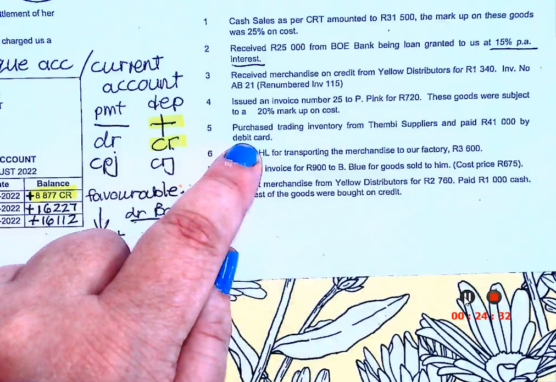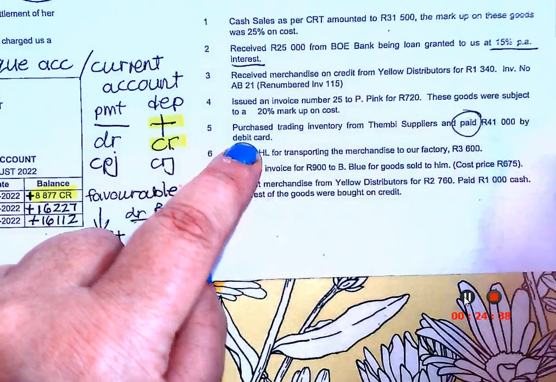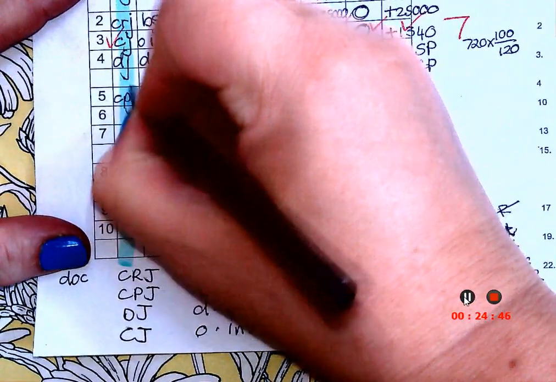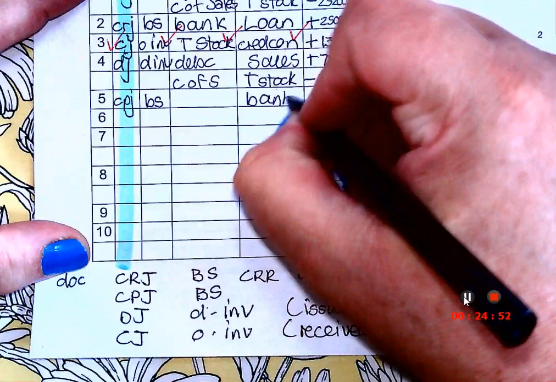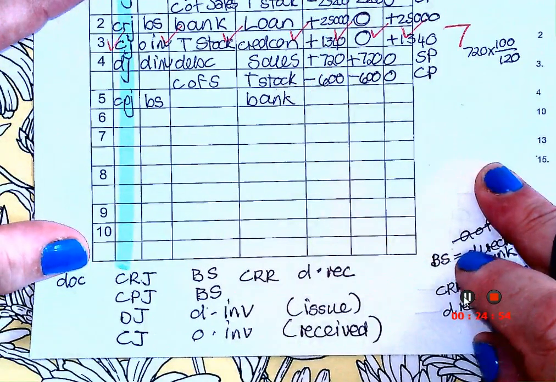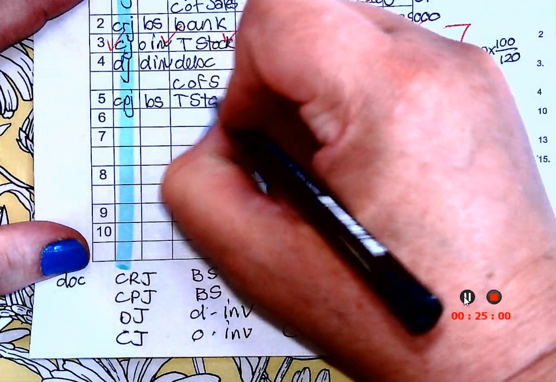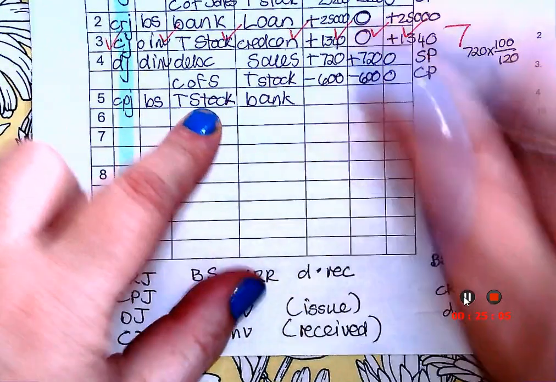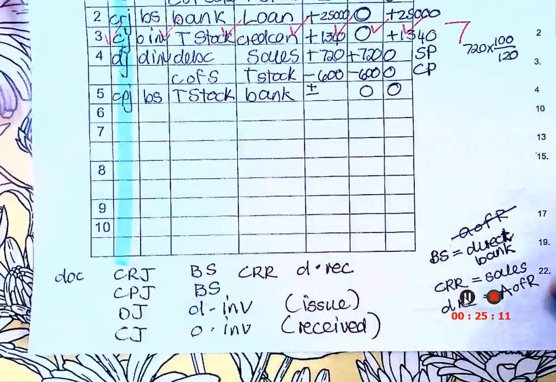So now they say I buy stock and I pay. And because I pay, it's a CPJ. Can you see it even rhymes? And a CPJ is always a bank statement, bank credit. Can you see how easy it is to get full marks here? Yeah. And this is going to be trading stock. And trading stock and bank is both assets. They are both assets. So assets will plus and minus. And the amount is what? 41,000.